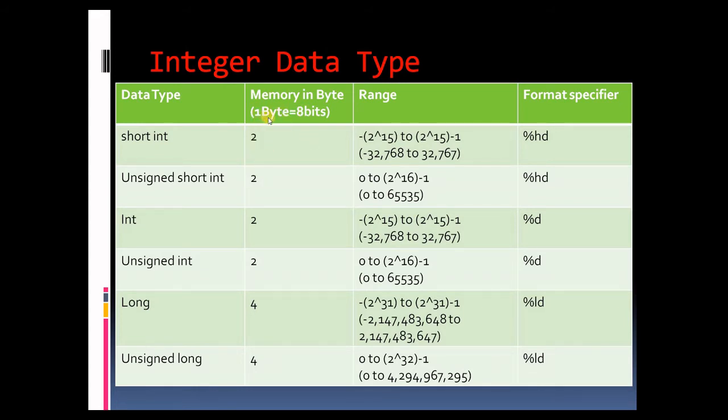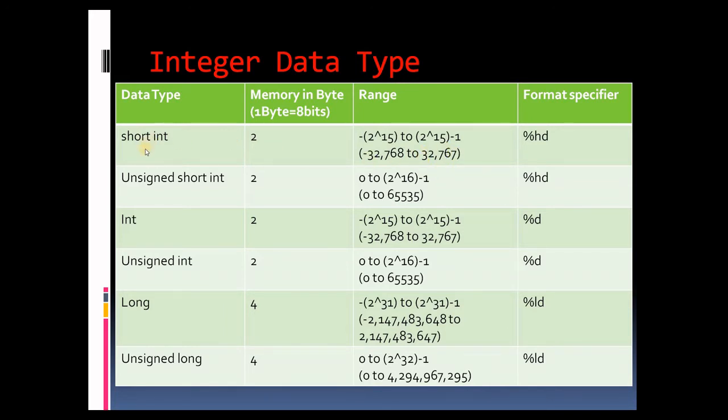We all know that 1 byte equals 8 bits. The range of short integer would be minus 2 to the power of 15 to 2 to the power of 15 minus 1, that is minus 32,768 to